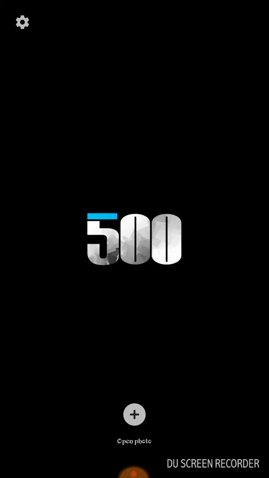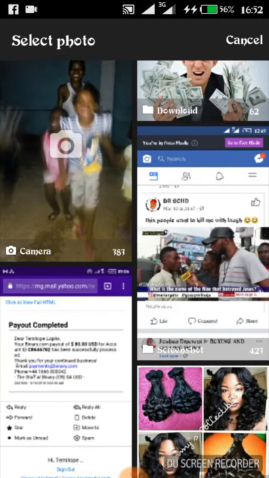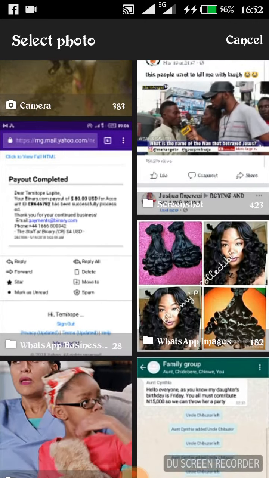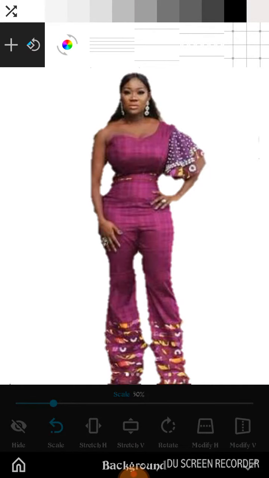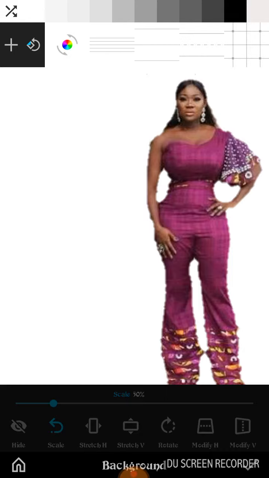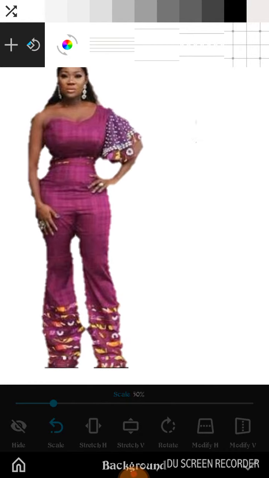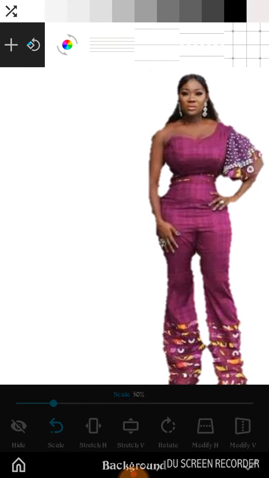So now the first thing will be to insert an image. So go to open photo. When we go to open photo, we can now choose any one that we want. So let me go here. So this is the image I want to use, the one of Mr. Johnson. Now the image is already there, but then when we look at the background, we see that the background is white. We can decide to change the background if we want,